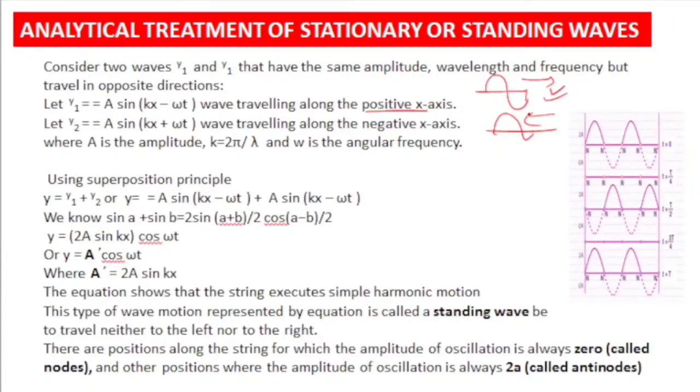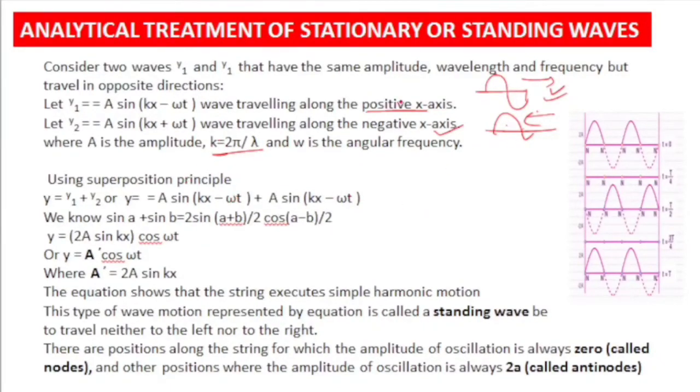Now the equation of this wave, traveling in the opposite direction, having the same amplitude and same frequency, only the direction changes. So you replace this minus by plus omega t. So y2 equals A sine(kx plus omega t), traveling in the negative x-axis, where A is the amplitude of the two waves, the same amplitude, omega is the angular frequency, and k is the propagation constant. It is given by k equal to 2 pi by lambda.